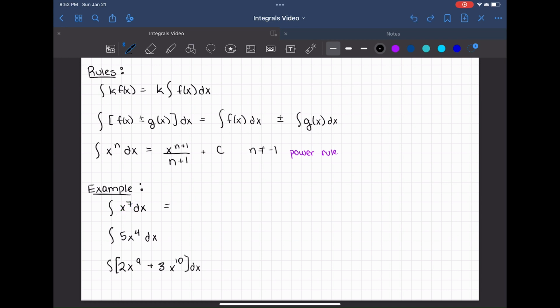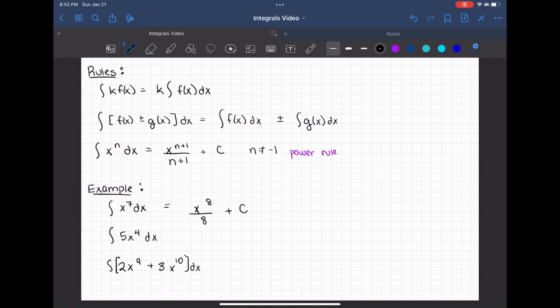All we're going to do is take x, add 1 to the exponent, and divide by the new exponent. So add 1 to the exponent, 7 plus 1 is 8. And then we divide by the new exponent. And that's our answer, with the plus c,